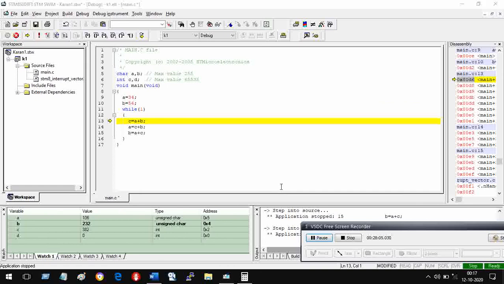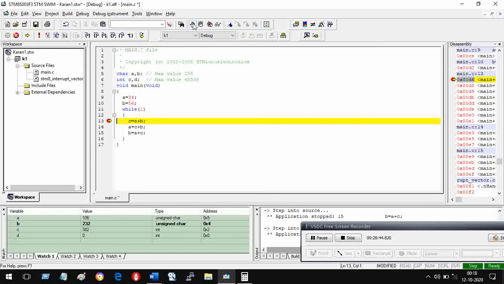Now I want to show you the use of a breakpoint. Breakpoint means what? Suppose I want the program to halt at this point. I want it to run at full speed but stop here. Then what do I do? This is for breakpoint. You can see where I have gone. I have gone to the third line from the top. There is a symbol of a hand. If I click on this hand, then here you will get a breakpoint.